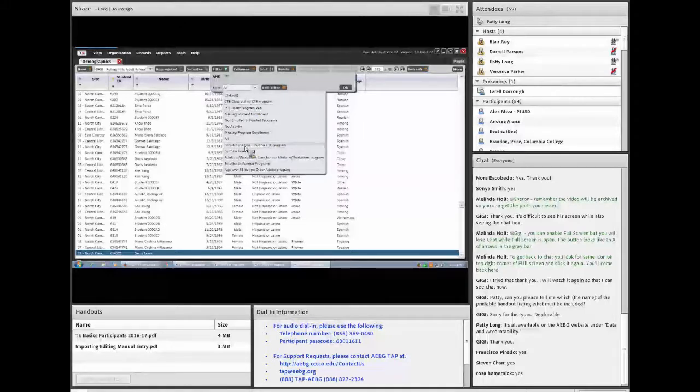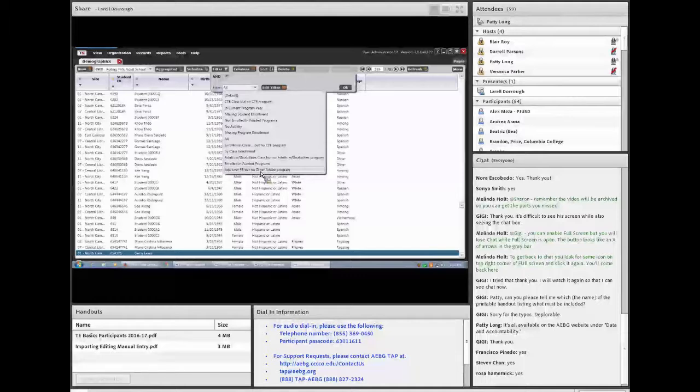And then by class enrollment, it'll show the students in order of the class that they're enrolled in. And then our adults with disabilities enrolled in funded programs and those who are age 55 or older but no older adults program. Okay, so you can choose one of the preset filters,